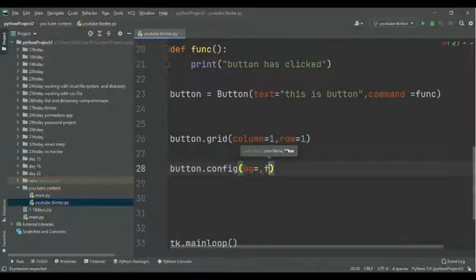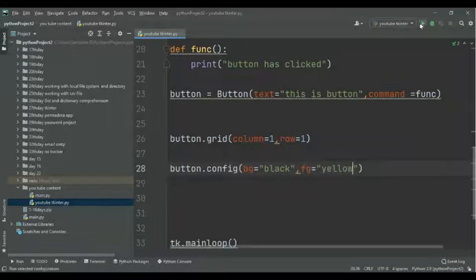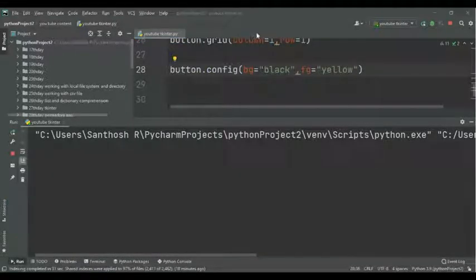It is what font color inside the button, and what color the background of the button should have. You can specify this, and here I set the font color to yellow. If you run this, the button will change to black color and the font will change to yellow color.